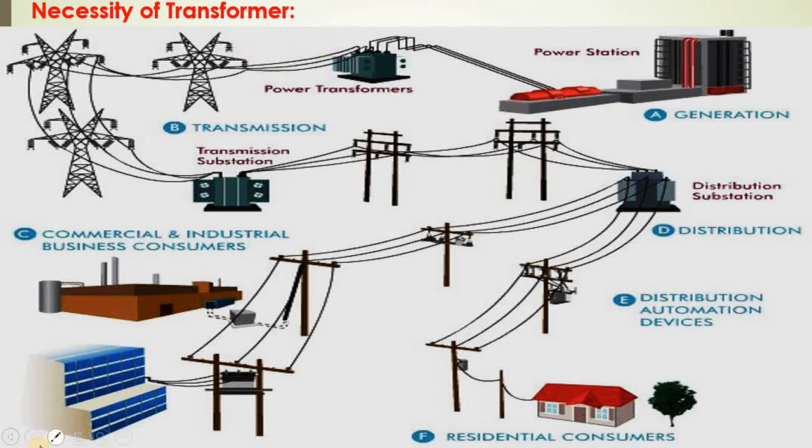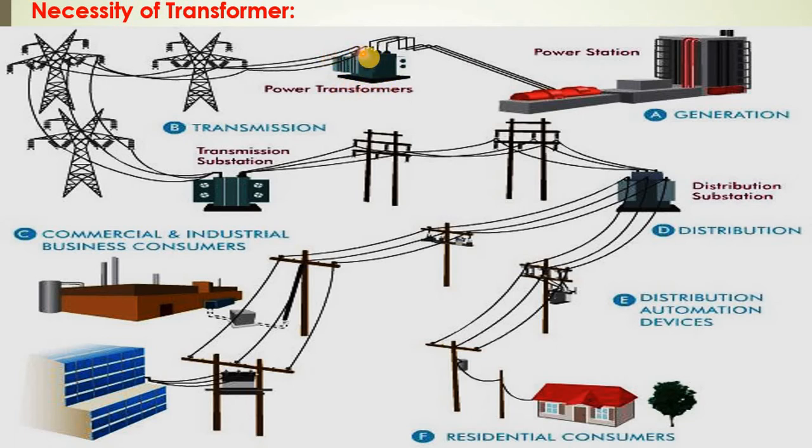First, we have to transfer the power by changing the voltage levels. How can we change the voltage level? We can change the voltage level by means of the transformer. You can see here, this is the power transformer which is located near the generating station. This transformer has a very crucial role in the power transmission.